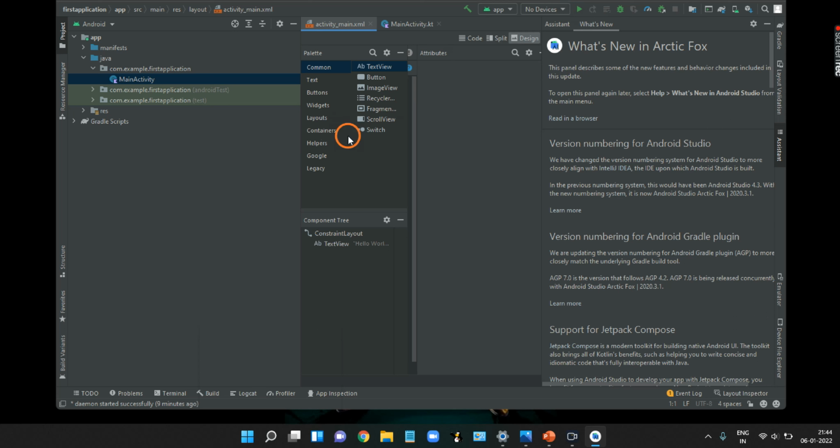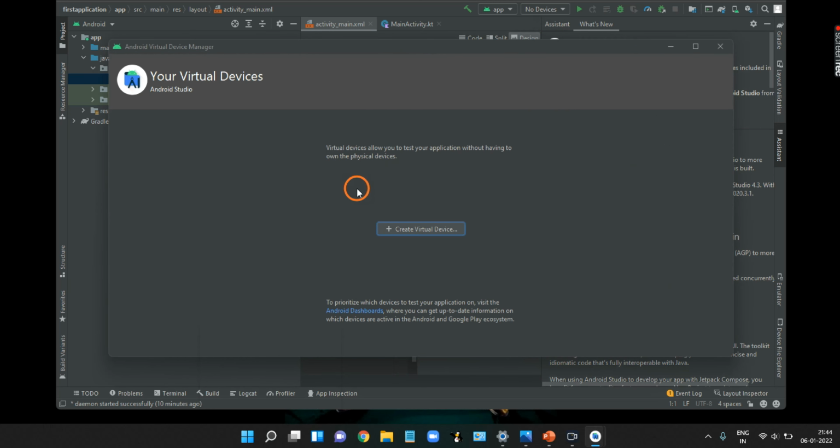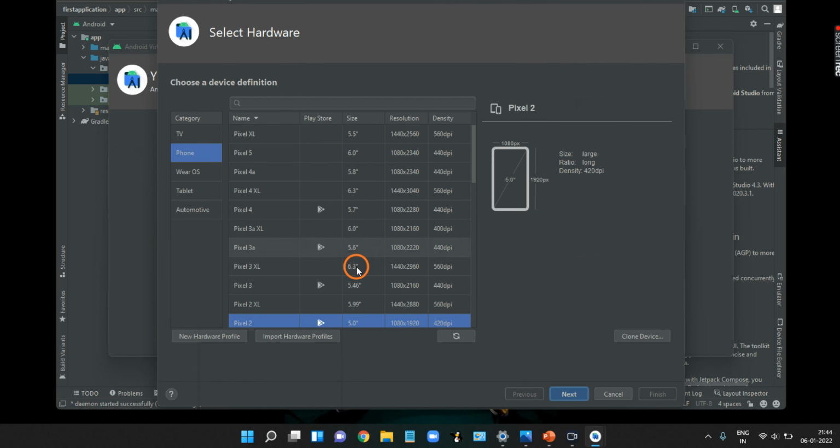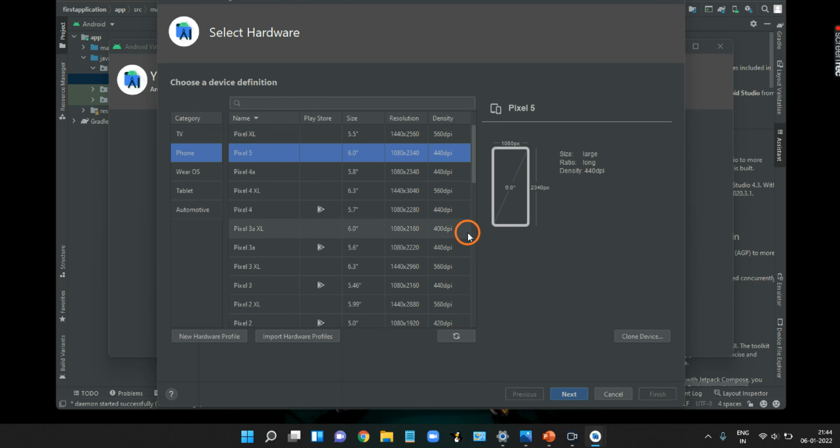Right now we have no device, so we will select here and go to this AVD manager. After that we will select create virtual device. Now you can select any device of your choice, so I'll be selecting Pixel 5 here.